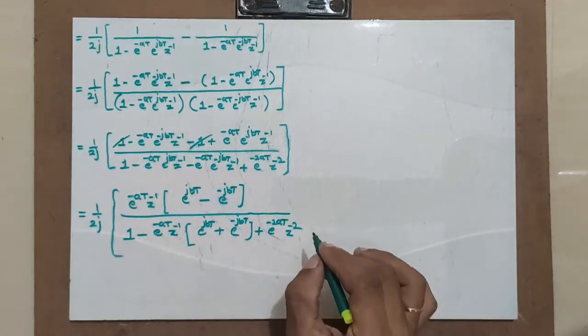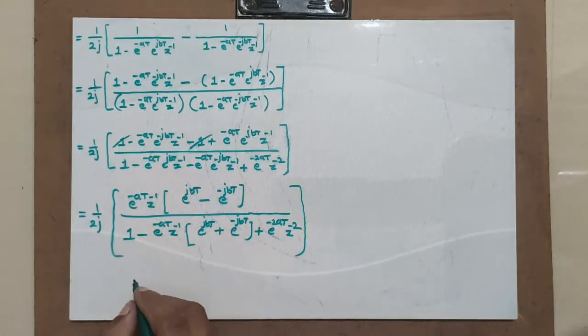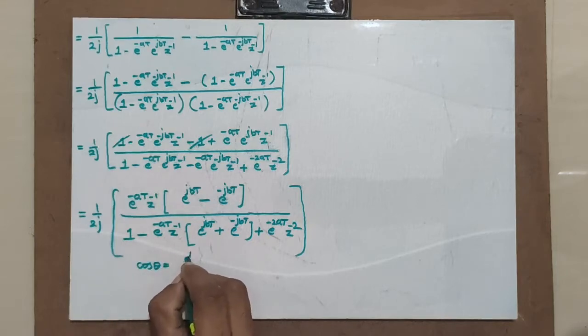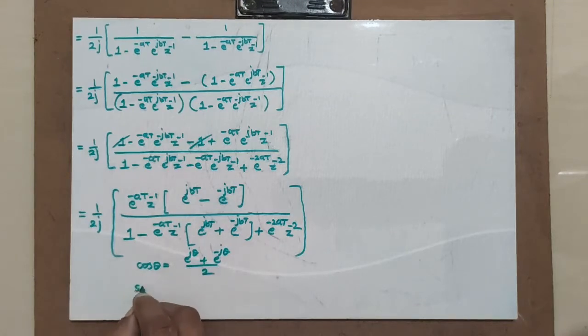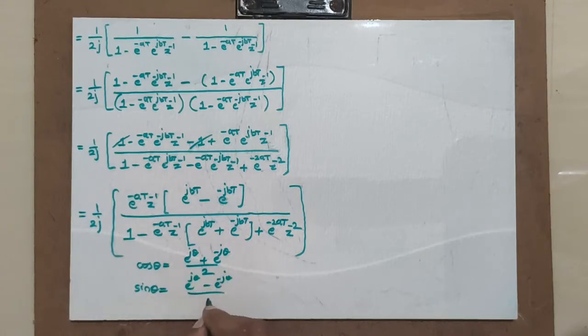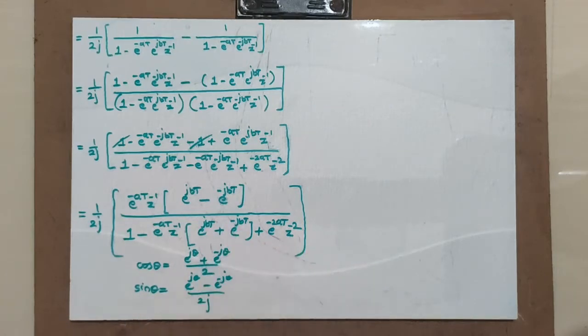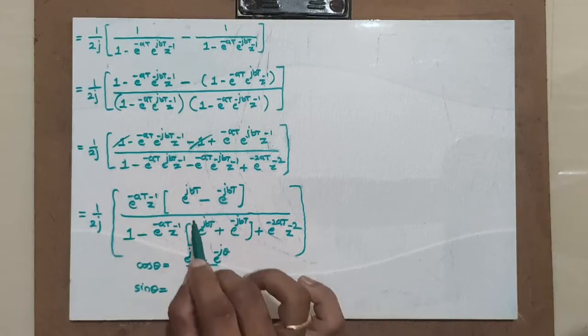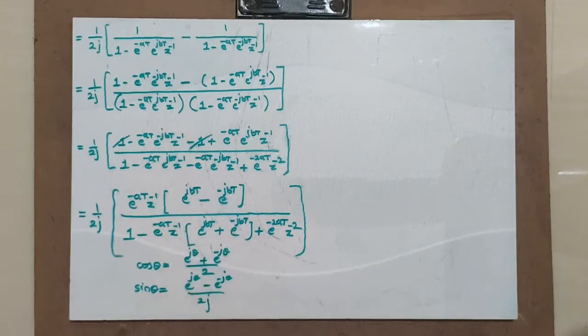Okay, now I will use the Euler identity. That means you know that cos theta is equal to e raised to j theta plus e raised to minus j theta divided by 2. Similarly, sin theta is equal to e raised to j theta minus e raised to minus j theta divided by 2j. This Euler identity I will use here, because here you see e raised to jbT plus e raised to minus jbT divided by 2 is missing, but what you can do is simplify it. Similarly, e raised to jbT minus e raised to minus jbT, this is a sine term, this is a cos term, isn't it?